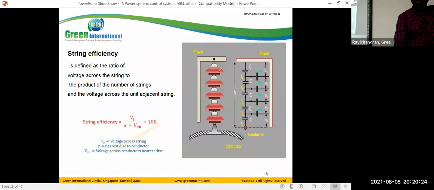So this is the disc. This is the metal part. In between the two metal parts, we have insulators, so that we see here. So it represents this point. This represents this point. So in these combinations we have a capacitance. Before going to the string efficiency,